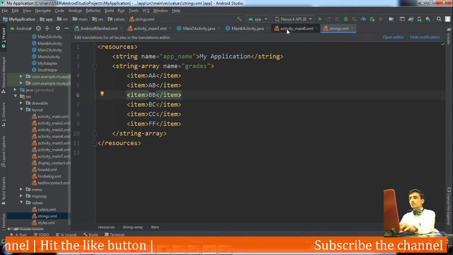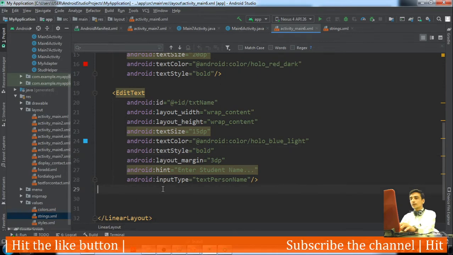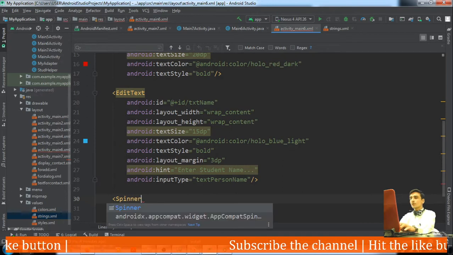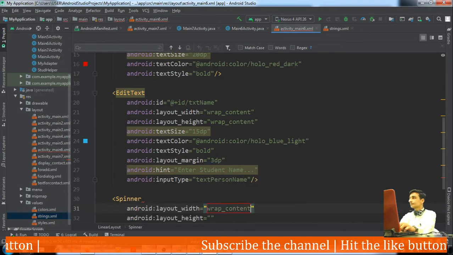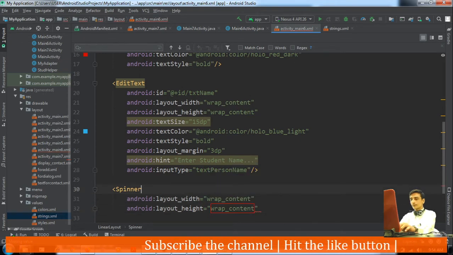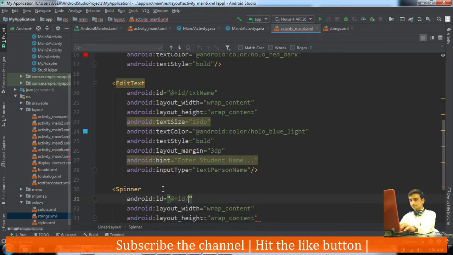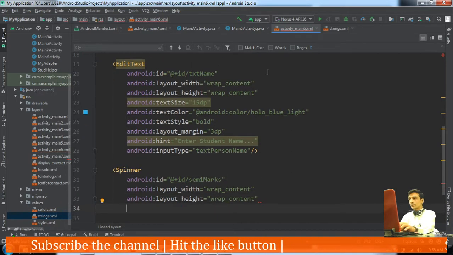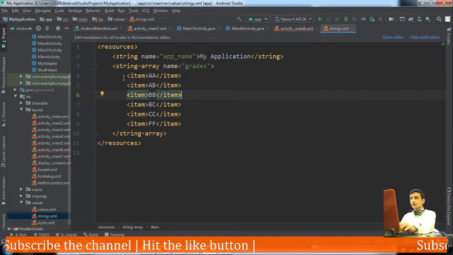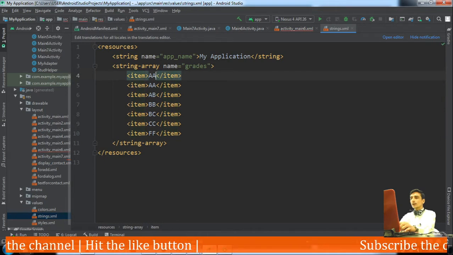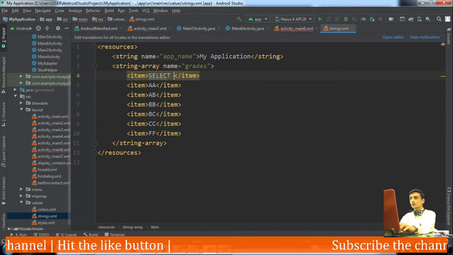So let's move again to the layout here. Spinner for marks of SEM1, wrap content, id SEM1 marks. One more thing, in the array the first item I would like to set as select grade, so the client can get an idea about what he has to select.